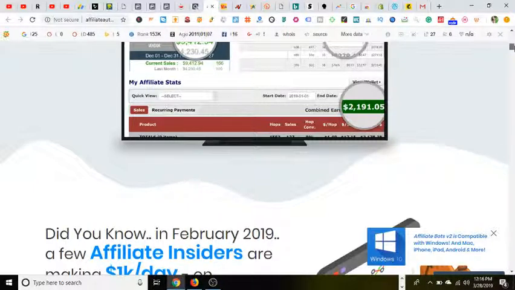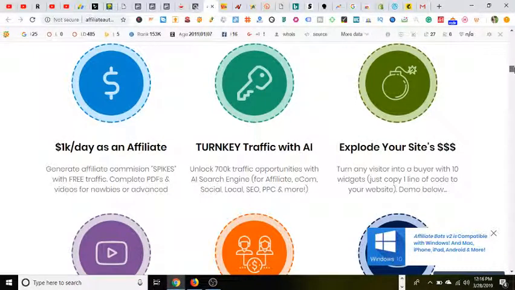February, making 1K a day on ClickBank. So it's a lot of ebooks he has right here. It says, as you read this, with ClickBank, Warrior, JVZoo, email, Google, and YouTube. So it looks like generate affiliate commission spikes with free traffic, complete PDF and videos for newbies or advanced, unlock